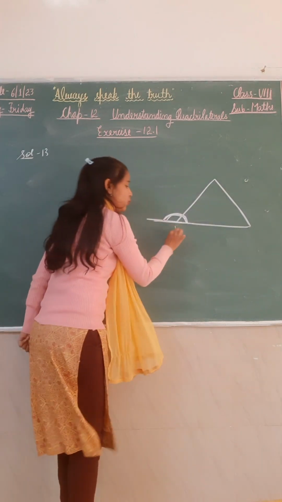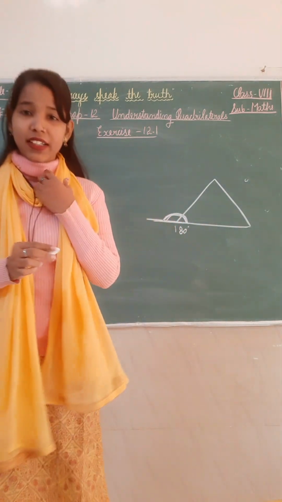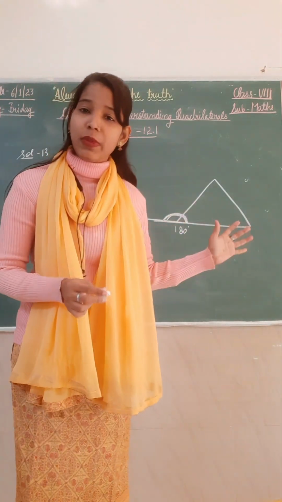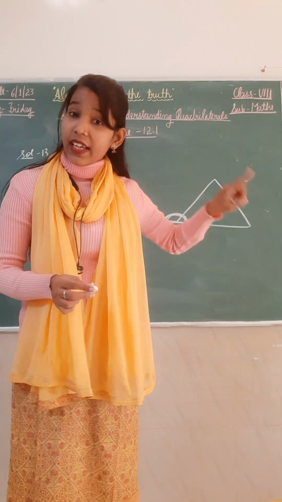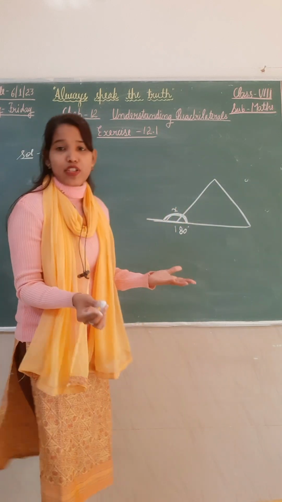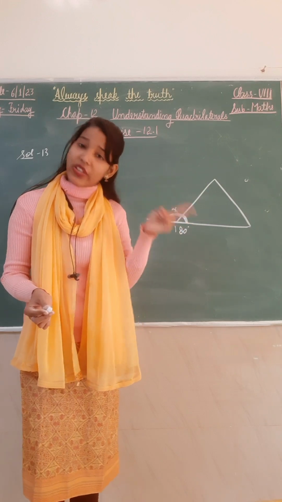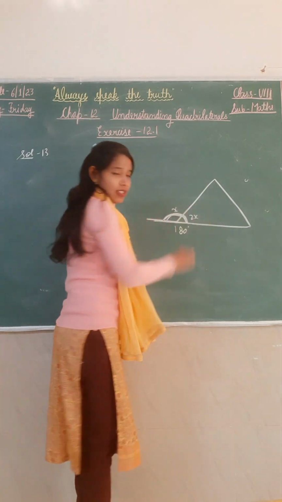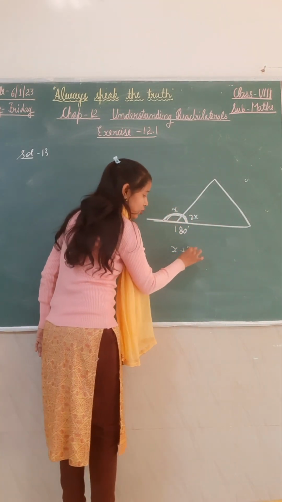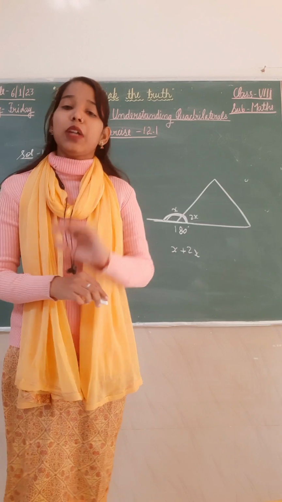Yes, correct. It will be equal to 180 degrees because these two angles make a linear pair, and a linear pair is how many degrees? 180 degrees. So that means this will be 180. Similarly, in this question what is said? That the interior angle is double of its exterior angle. If the exterior angle is x, let's assume the exterior angle is x, so the interior angle will be twice of x, meaning double of the exterior angle. Got it? It is twice of x. So we know that x plus 2x, that means exterior plus interior, is a linear pair, that means 180.